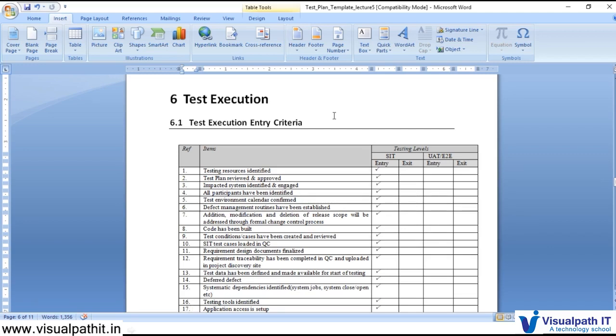So I will go through all of these. These are some very basics which will be applicable for most projects, all the items which I have listed down here. So for example, in general, whenever we get a build,